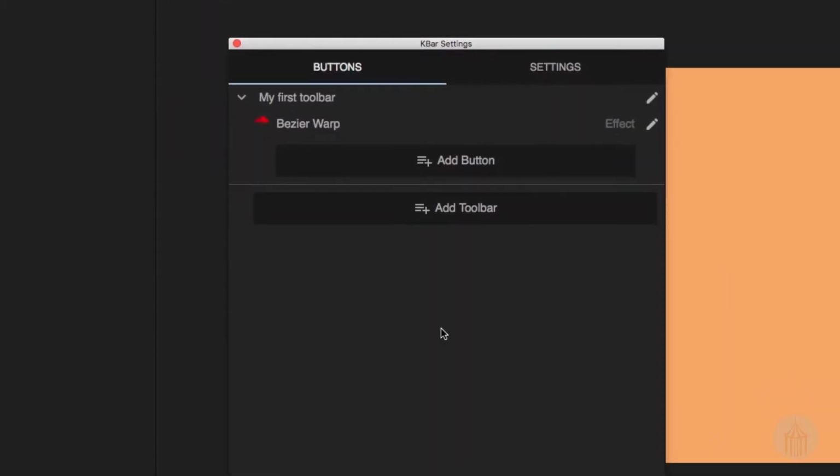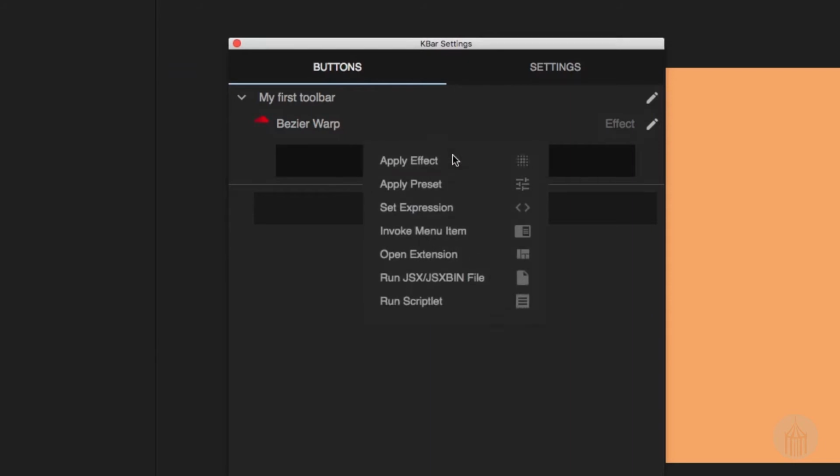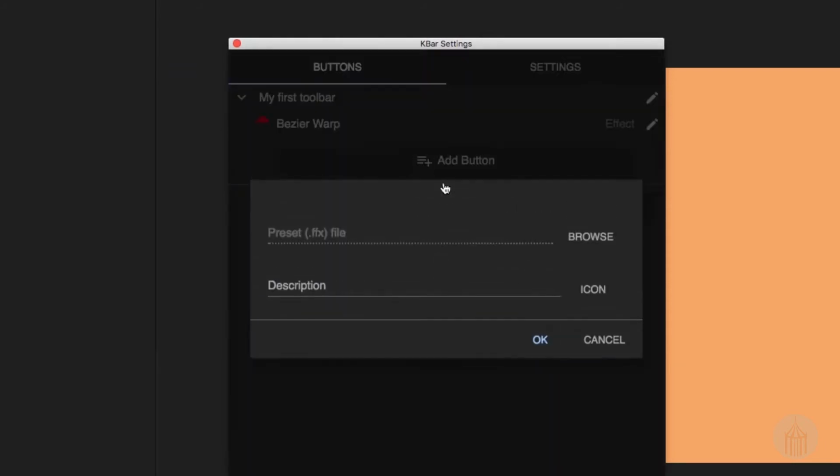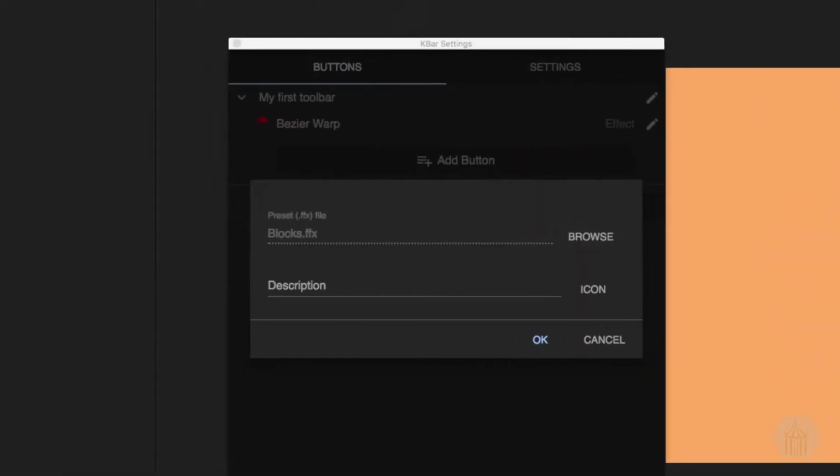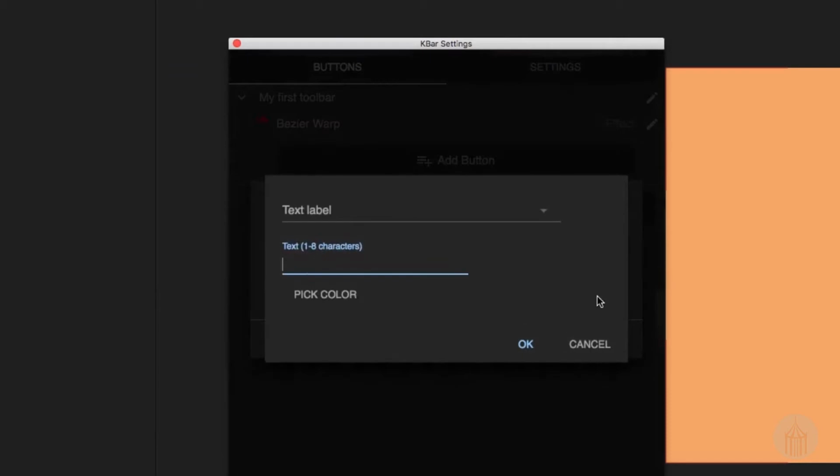Now let's say that on a daily basis I always use a particular preset background for whatever it is I'm working on. So we add another button here. So let's go to the next one down, apply a preset. In this dialog window, it's asking for what the .ffx, say that 3 times fast, where that file is. And so with the browse function, we point to that ffx preset, and let's say it's blocks backgrounds, for example. And we give it the description, blocks BG. That will work. Go into icon, pull this down to icon,